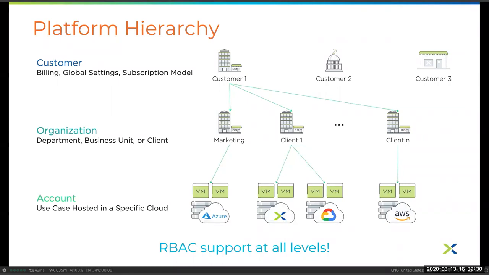cloud vendor and region. So to give you an example on this slide, let's say you had a Windows 10 gold image that is deployed for your marketing team, and that is deployed into, let's say, Azure West US. That'll be one account within Frame. If you wanted to deploy the exact same Windows 10 image for marketing users into Azure East, that'd be a separate account within Frame. We do give you the ability to clone or copy your gold image from one account to the other, as long as it shares the same backend infrastructure. So you can clone from Azure to Azure, from AWS to AWS, GCP to GCP, but you can't clone from, let's say, Azure to